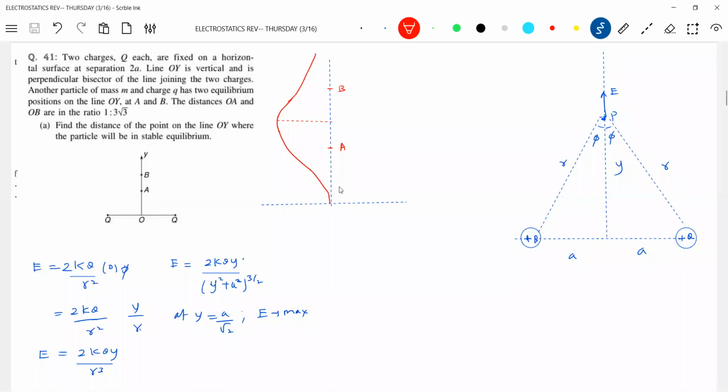So here the particle, when it is here, it's in equilibrium. So then what is the repulsive? So here plus Q charge, plus Q charge. When you keep the charge here, what are the forces that will be acting? Mg will act like this, and electrostatic force F1. Here also mg will act, and electrostatic force called F2.